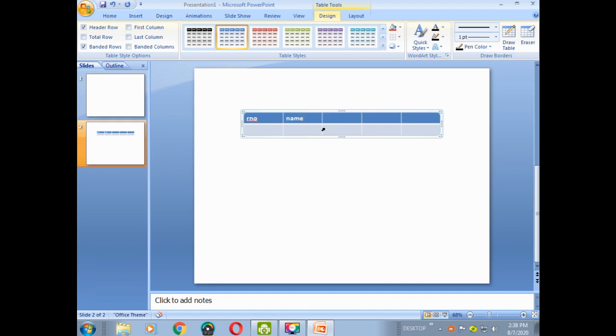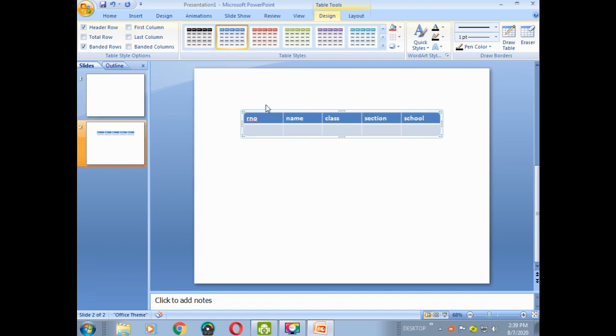After this, we have to enter class, then section. After this, you have to enter school. Like this, we have to enter all the field names in this table.